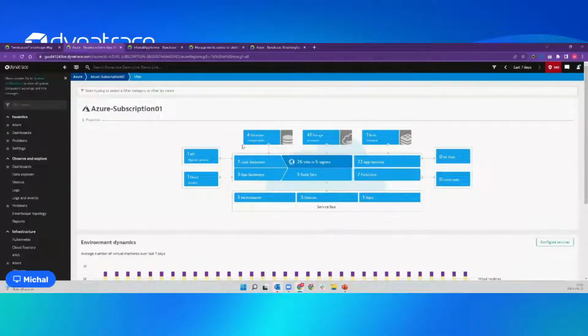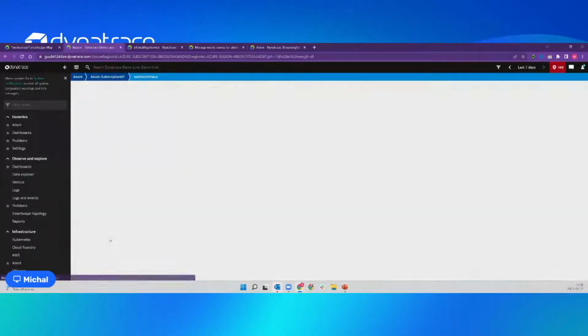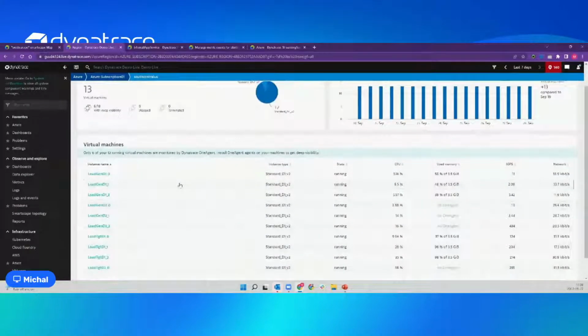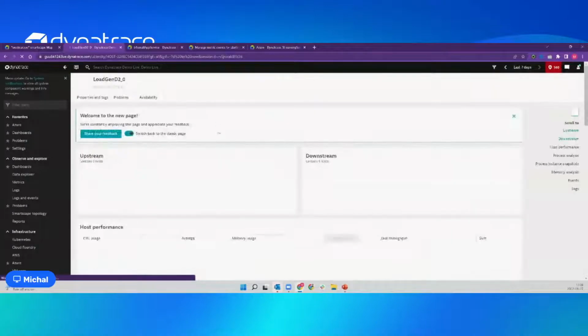These are the key services, the services that are built into Dynatrace. We believe these are the most important, crucial services for most of the customers. Hence, they are pre-selected and provided here immediately after you provide the connection. For example, for virtual machines, let's go into one of the regions, maybe that one. We can see that we have a list of virtual machines. Some of them are monitored with OneAgent, so we have additional information. Some of them do not need to be monitored by OneAgent. Maybe they are not that crucial for the final application, but still we are able to get multiple metrics like CPU, network, or a couple of others from the APIs that support